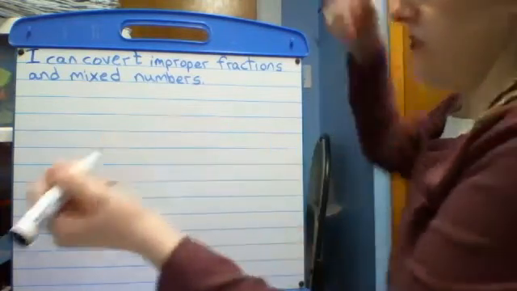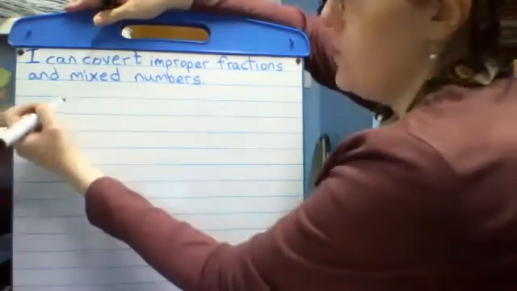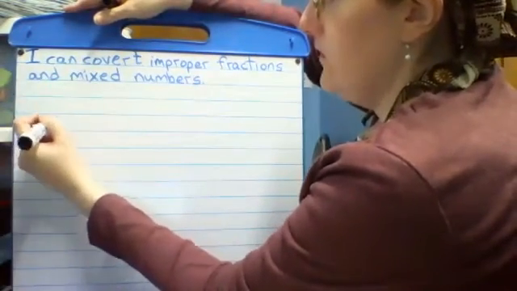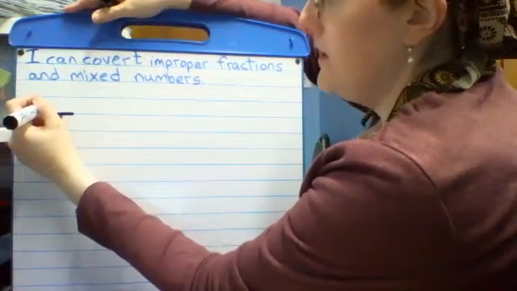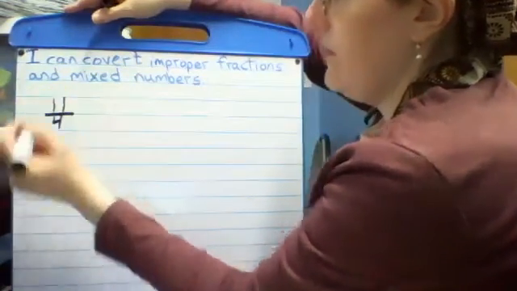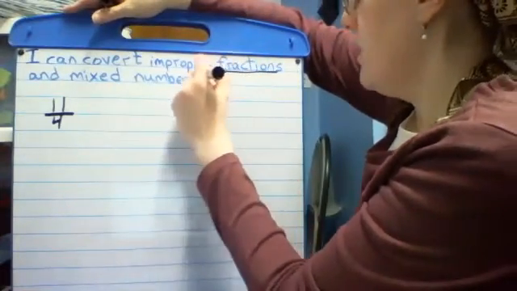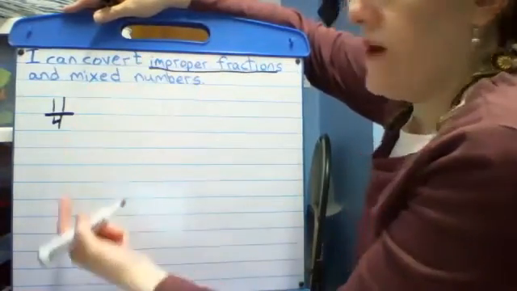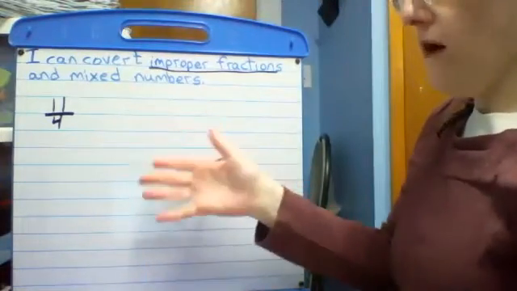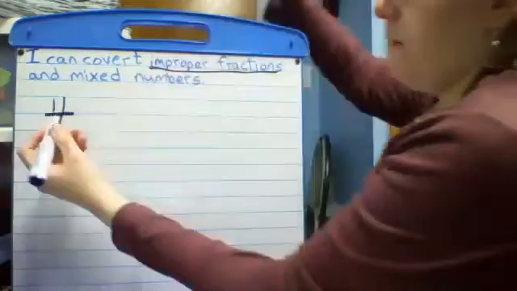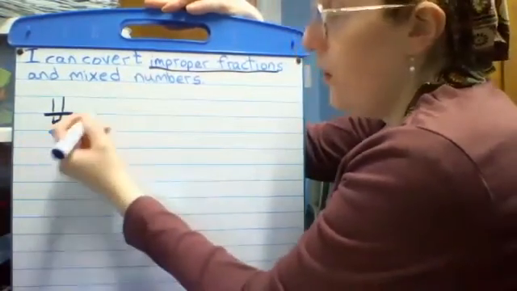An improper fraction is when the numerator is greater than the denominator. So let's say my denominator is 4. I'm going to have a numerator of, let's say, 11. 11 fourths. 11 fourths is an improper fraction because it has a larger numerator than it does a denominator. So what that means is this is more than a whole, because the denominator, the 4, tells us how many pieces make the whole. We know that